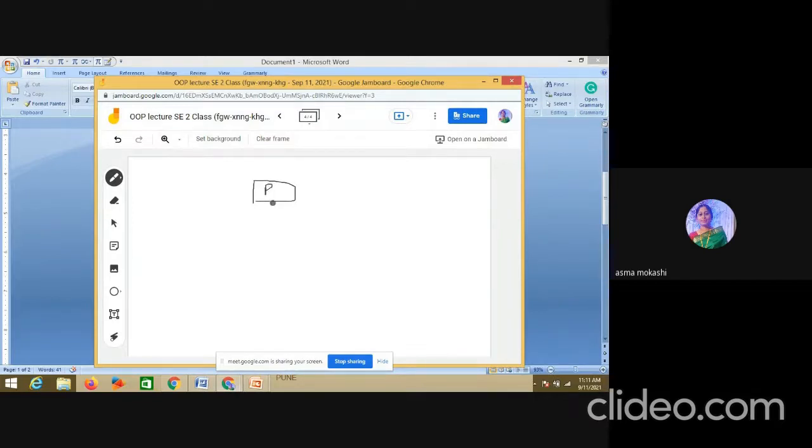From this parent class, I am deriving one more class. That is a child class. This child class is able to access the property of the base class. So this kind of hierarchy, when we represent it, is called inheritance.